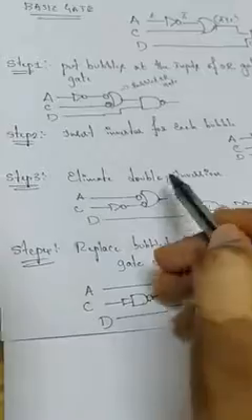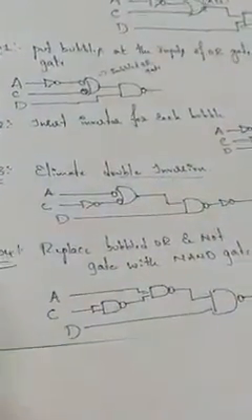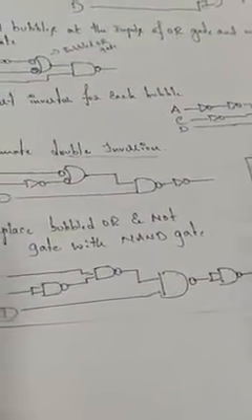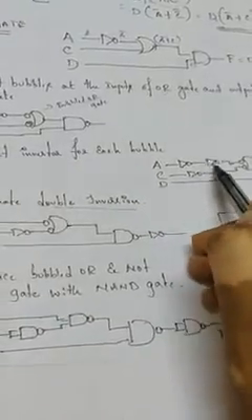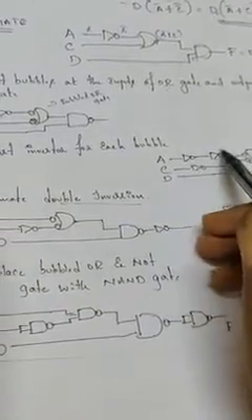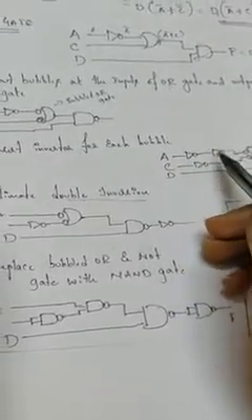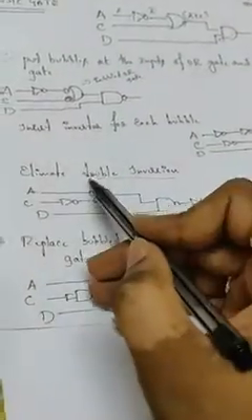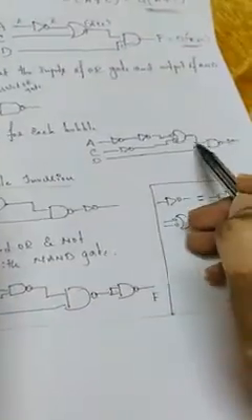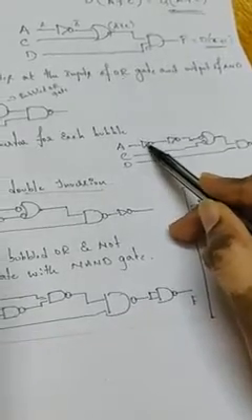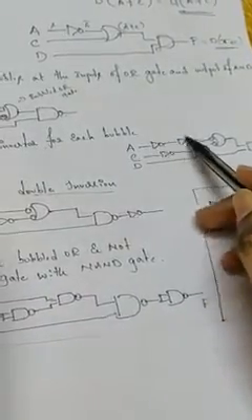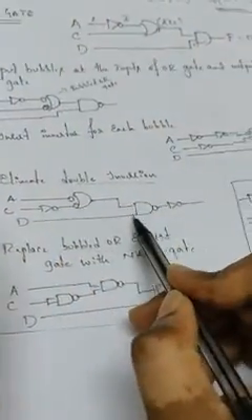The third step is to eliminate double inverters or double inversion. If you find two inverters, just eliminate the double inversions. Look here, we have double inversions, so these two get canceled. So the circuit will remain like this, remaining as it is. Just eliminate the double inversions. Remove these two gates, this and this will get canceled. The circuit will remain like this, just write it as it is.